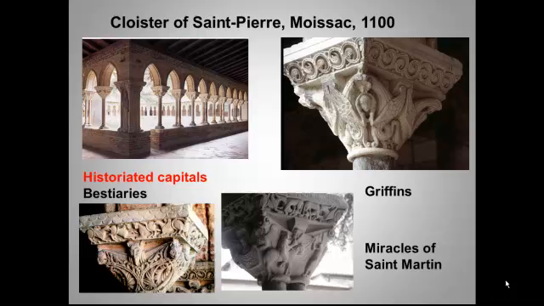So note the fantastical animals. The griffin is a legendary creature with a body, tail, and back legs of a lion, the head and wings of an eagle, and an eagle's talons as its front feet. Collections of fantastical beasts in sculpture or painting were known as bestiaries, and they featured prominently in Romanesque and also